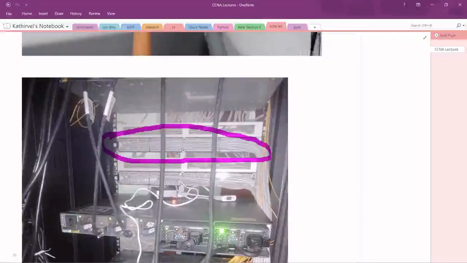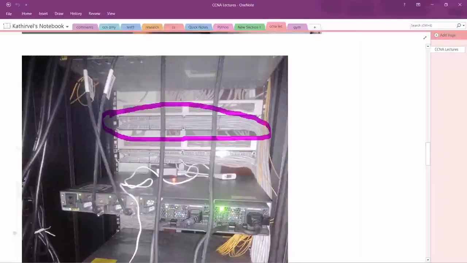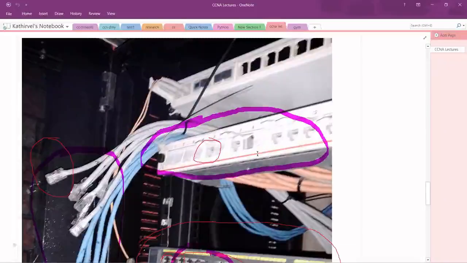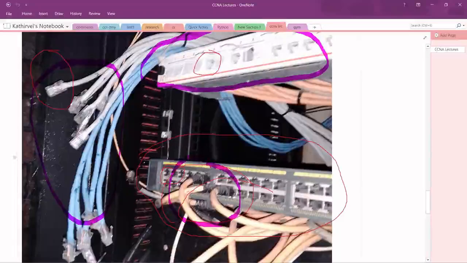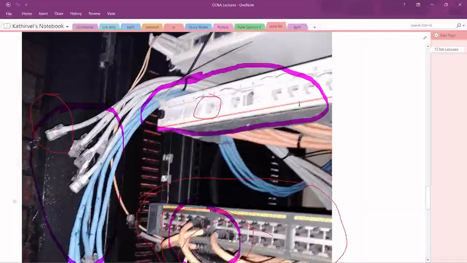And mostly patch panel punching and keystone punching are going to be similar, similar in the sense of the standard I'm saying. B code is what we are going to punch. And you can search that as well: how to punch a keystone and how to punch a patch panel. Okay. So after punching the patch panel, this is the rear view of the patch panel. Okay. The front view will look like so. For each patch panel there will be 24 RJ45 ports. So you can see where these cables are going to connect to the patch panel. Okay. From this patch panel,